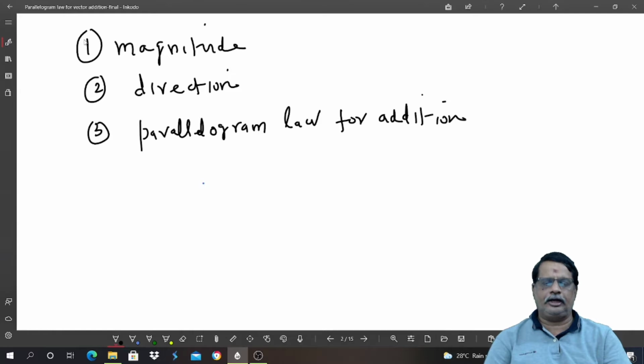You know that a vector can be represented by a line segment with an arrowhead. The length of this line will give you an idea of the magnitude of the physical quantity, of course within proper scales. So the length of this line segment is an indication of the magnitude of the physical quantity, and the direction in which the arrow mark is pointing is the direction in which the physical quantity itself is pointing.